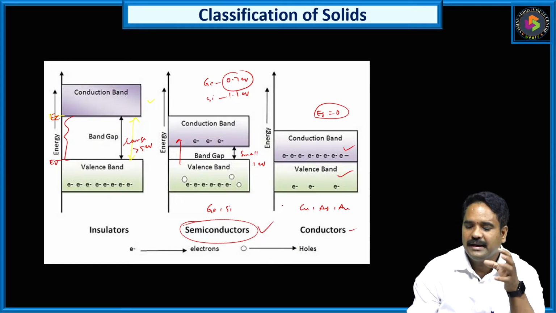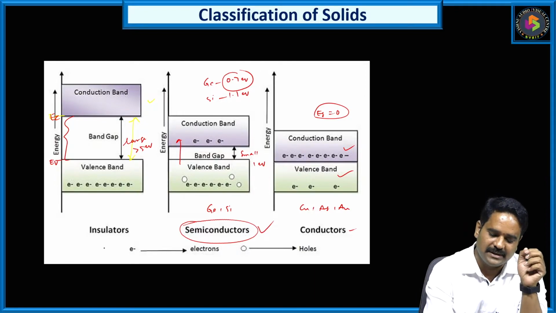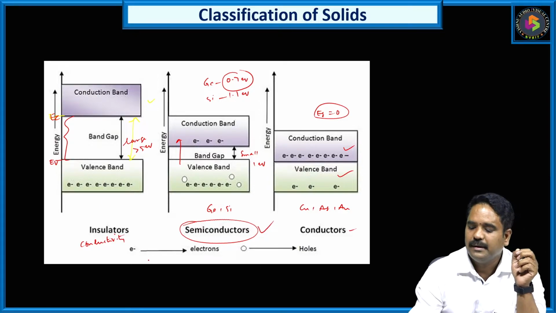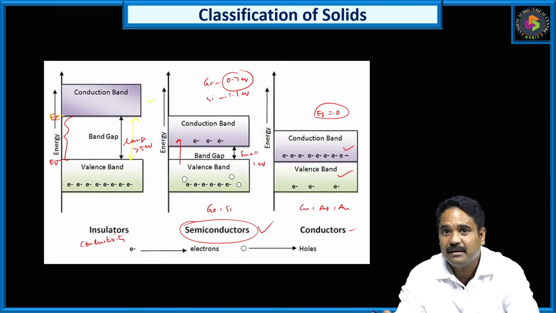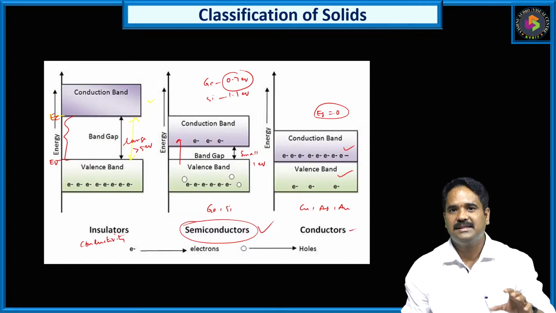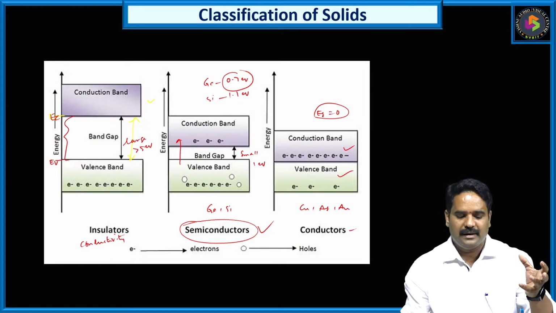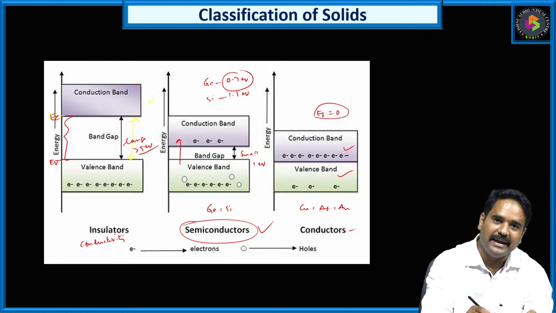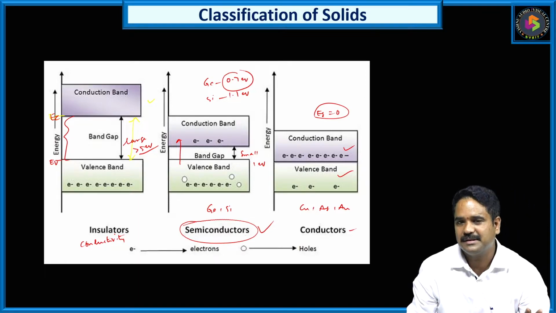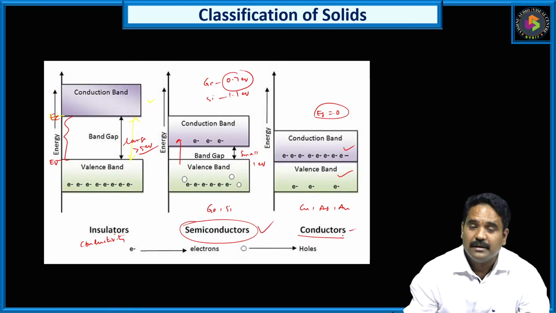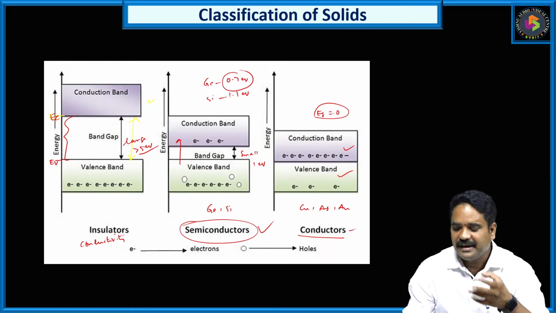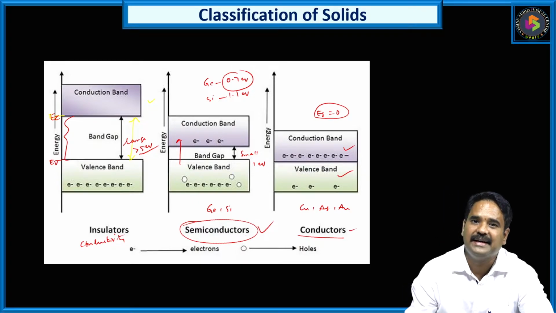The reason is, in case of insulators, conductivity is not at all possible. In case of conductors, conductivity cannot be controlled. Let us say, if 5 electron volt is the energy gap and you provide that much energy, then the material will be destroyed, but conductivity is not at all possible. In case of conductors, conductivity is constant. Conductivity cannot be controlled in conductors. Even if you increase the temperature, the conductivity of a conductor decreases.